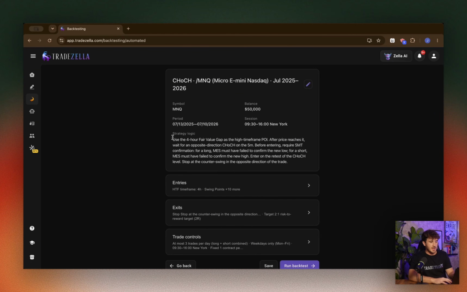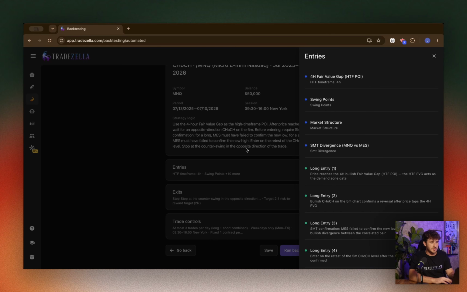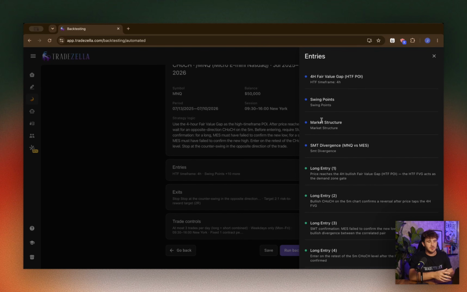All right. So strategy logic, just go ahead and confirm all of this. Make sure Zella AI has understood it. Then you can go ahead down here and confirm your entries. So when I click on entries here, you'll see it shows me all of the different criteria for long entries and short entries